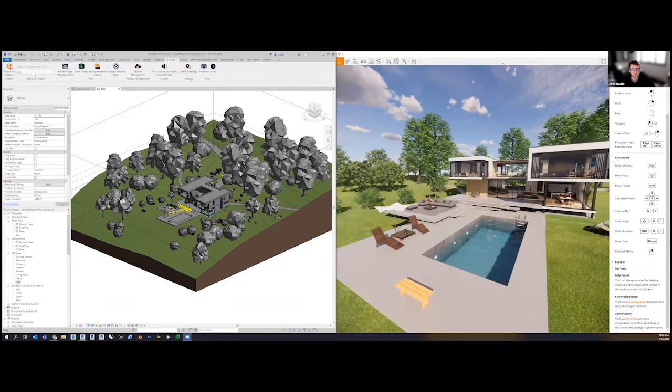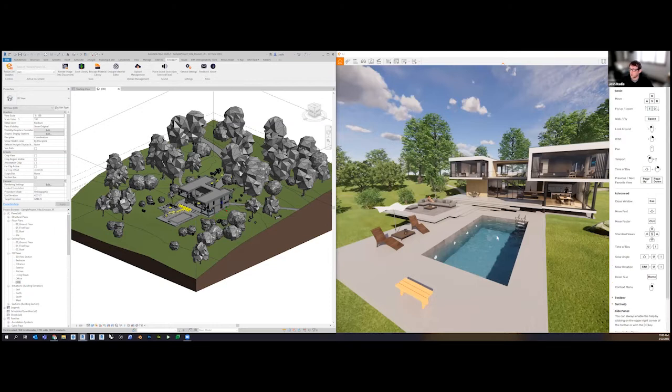And then inside the Enscape tab, you have the different 3D views that you have inside of your Revit project browser. And all you're going to do is simply hit the little play button up here in the top left. Enscape's going to take everything that's visible inside the Revit window, and it's going to push it over inside of the Enscape window, and it's going to drop you right where you started from. So you're going to get this helpful help menu that shows up where you can do things like